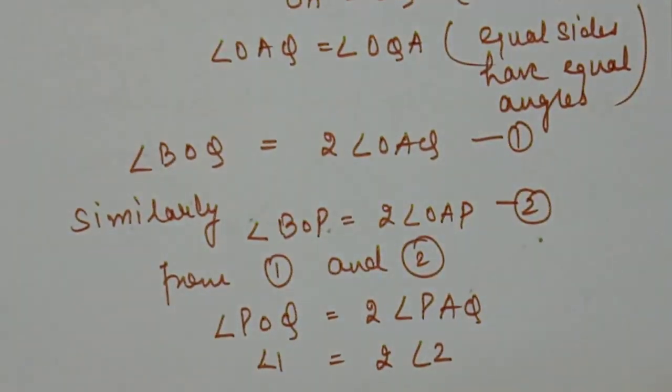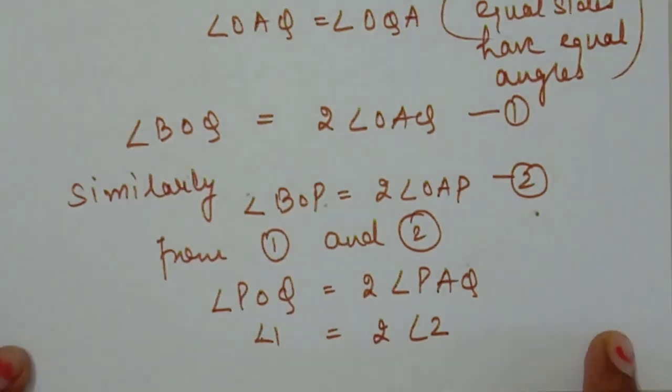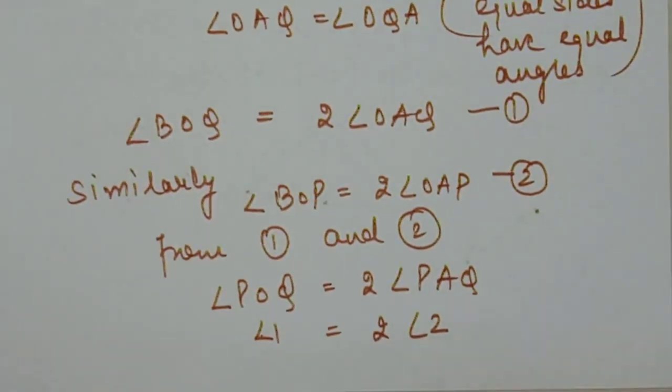So students, there is no need to prove the same thing with the other two diagrams, the second diagram and the third diagram. But you have to make all three diagrams. It is compulsory, otherwise marks will be deducted. But there is no need to prove again and again with the three different diagrams, because in all three diagrams we have the same labeling and the same names. So this proof is applicable for all three.